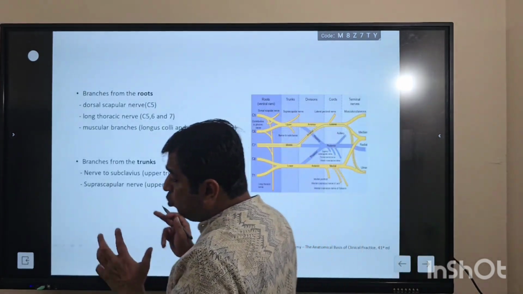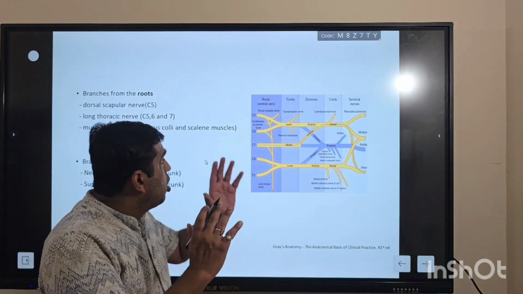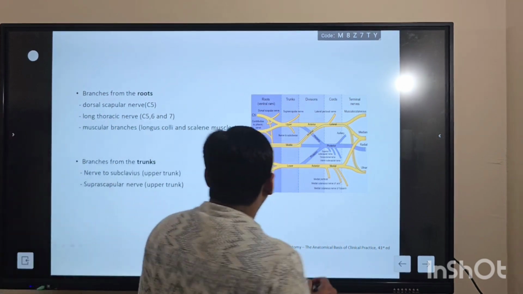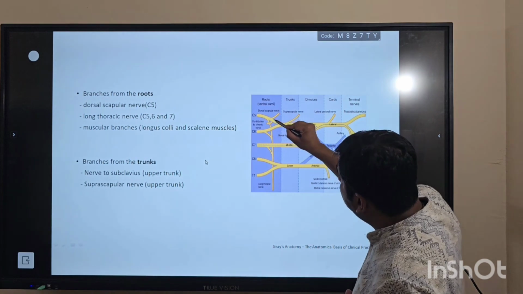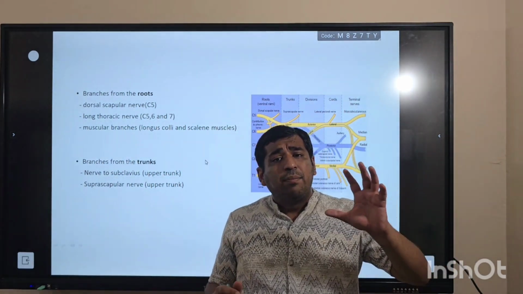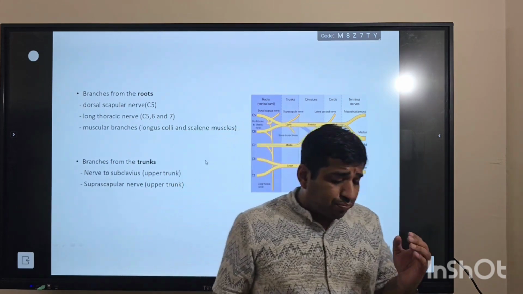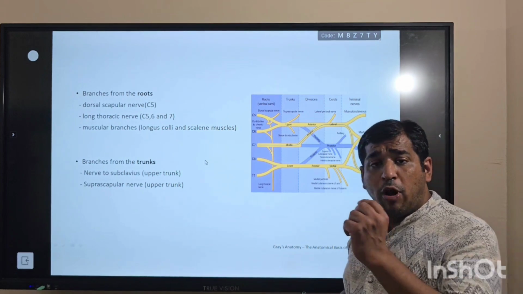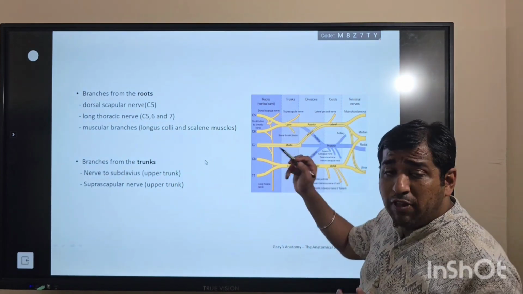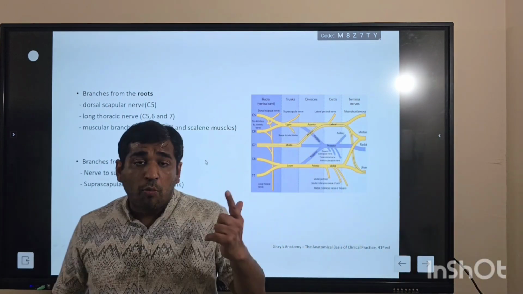So there are two nerves from the roots, two branches from the roots: the dorsal scapular nerve and the long thoracic nerve. The dorsal scapular nerve comes from C5. C5 is giving the dorsal scapular nerve. The dorsal scapular nerve is supplying the muscles attached on the dorsal side of the scapula, that is the levator scapulae, rhomboid minor and rhomboid major. So on the dorsal side of the scapula, the dorsal scapular nerve supplies the three muscles: levator scapulae, rhomboid minor and